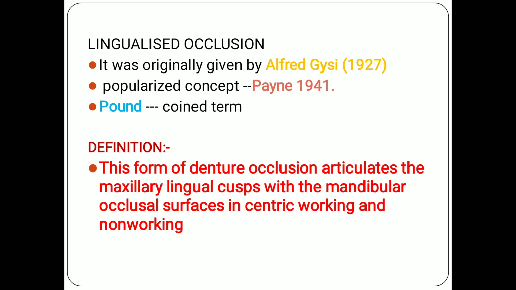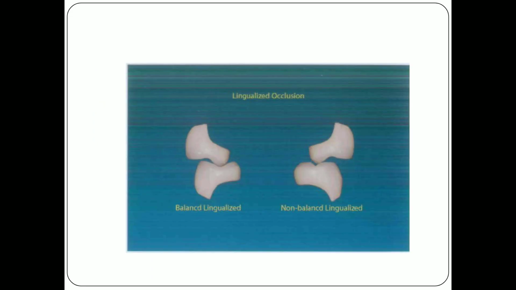Remember that all the maxillary lingual cusps will occlude on the mandibular occlusal surfaces, whereas in your monoplane occlusion there will be completely flat surfaces. Just imagine the mesiobuccal cusp will be coinciding into the mandibular buccal groove. That's it. There will be no cusp. It is in a monoplane occlusion. The posterior teeth will be 0 degrees. Here cusps will be normal, but the maxillary lingual cusp will be coinciding to the occlusal grooves. You can see how, because maxillary lingual cusps are nothing but your functional cusp. They are coinciding in the occlusal grooves.